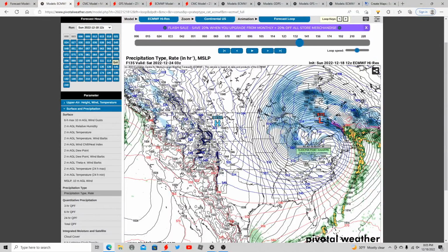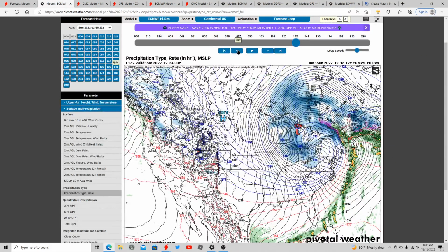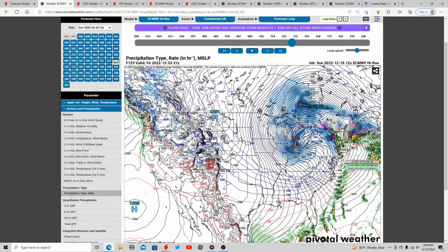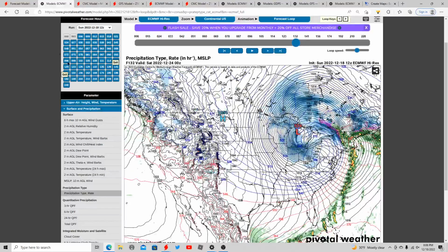You also notice how that system slowly weakens. It turns into more of an upper level low. But also, check out the isobars back behind the system here, leading to very windy conditions across the entire Midwest and down into the Ohio Valley. Even in the warm sector of the system here in the Northeast, you've got all this moisture coming from the Atlantic, which can lead to some flooding issues. And also, there's a potential for coastal flooding, as well as those winds that come out of the south. And if we were to compare these two models again,